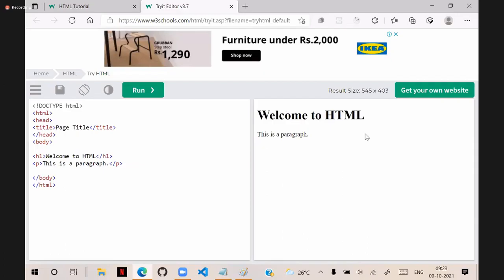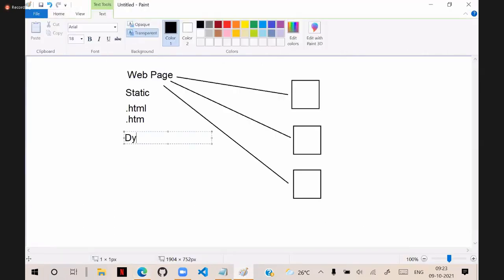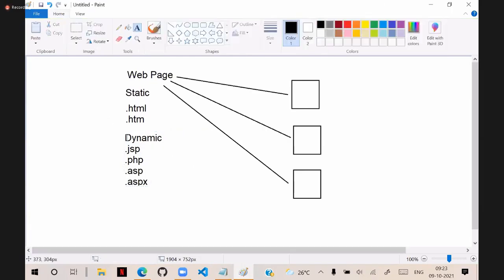Dynamic page means it may initially look the same, but it will not respond the same. It will have a different response according to the request. When the client sends a request, it will send a response to that client request. So for every client, it will have a different response. These kinds of pages are called dynamic pages. Dynamic pages usually have extensions like .jsp, .php, .asp, .aspx. These are all dynamic pages. When you are handling the dynamic pages,